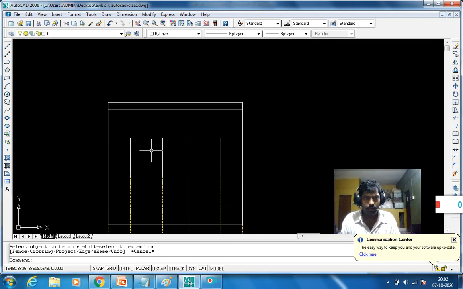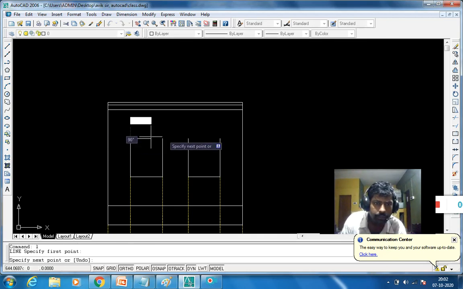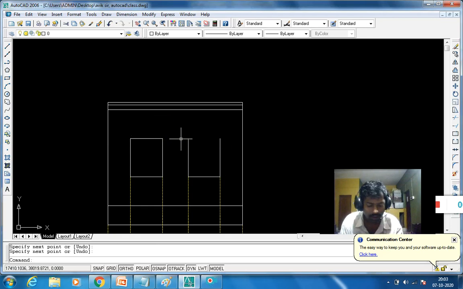Now use the L command. Again use L command. So when you draw this line, after that you can take the offset or use the line command, as you wish.